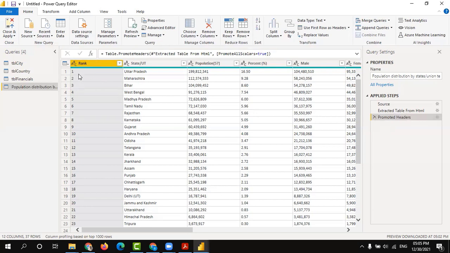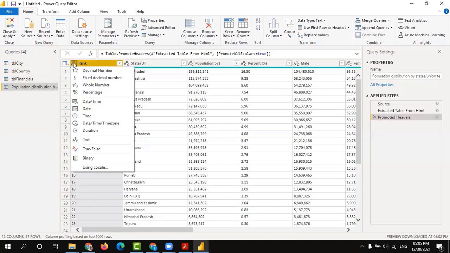So let's say this rank, we know that this is a number field, and there are no decimal places in this column. So what you have to do is click on this ABC button and then select the appropriate data type. I'm going for whole number because there are no decimals. It is not a currency format.